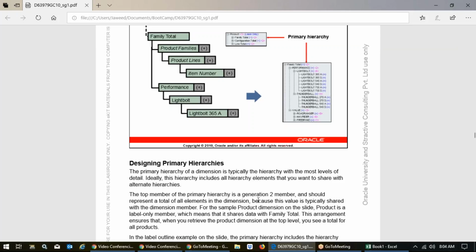Okay, so what are rules files basically? Rules files are the files which are stored at the Essbase database level. Okay, it's basically the Essbase database environment. Now, why do you need that? Because